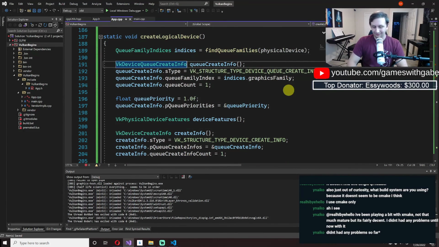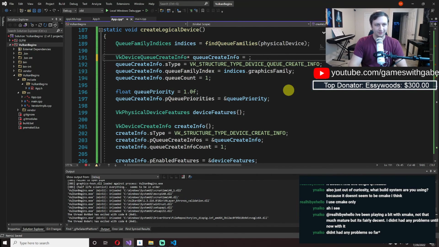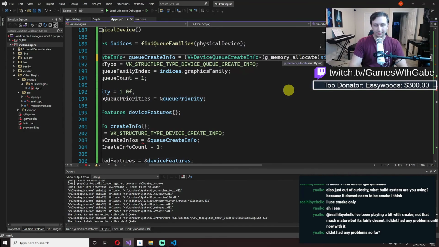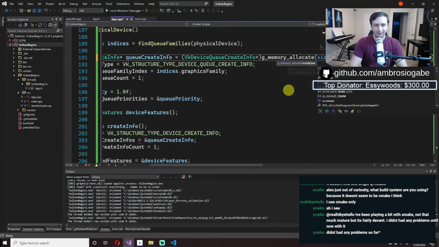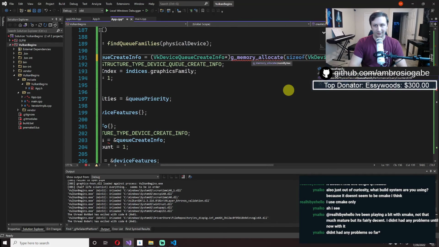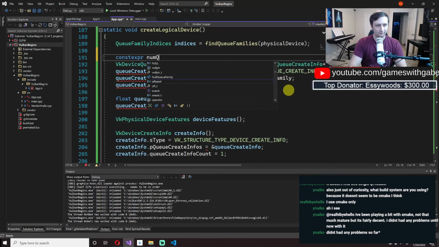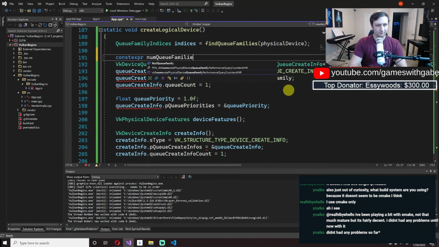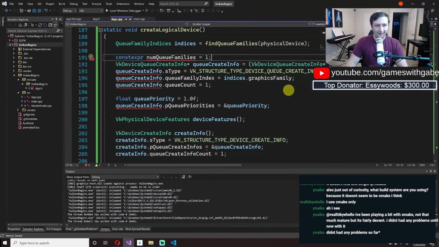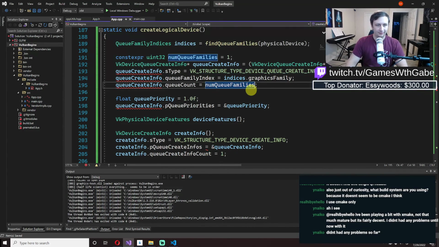Right here equals that times number, I guess we'll say number Q families, right? And then we have our that. We can set that there. We can set